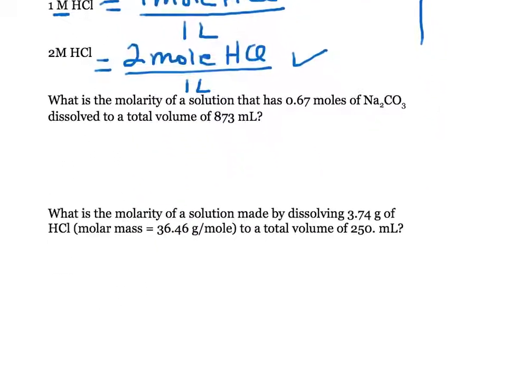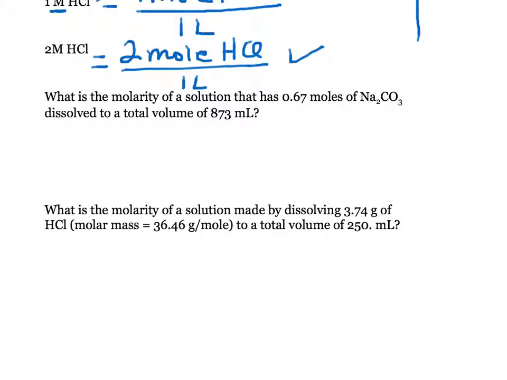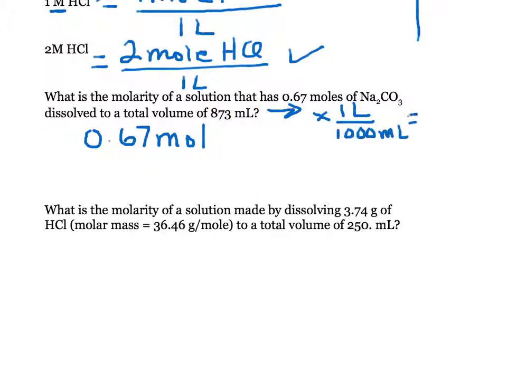Well, to solve that, we're going to do the moles on top, 0.67 moles, and 873 milliliters. We need to do that in liters. So we need to move the decimal over 3 places because 1 liter is equal to 1,000 milliliters, and so that's going to give us